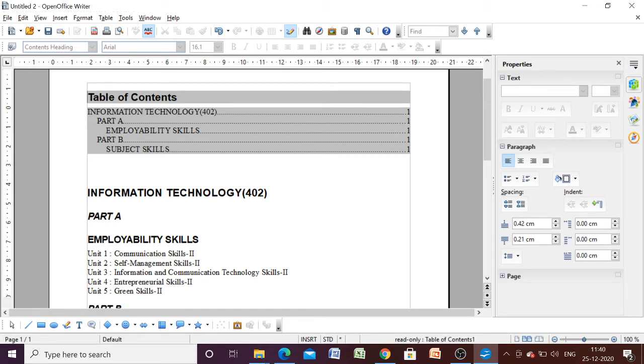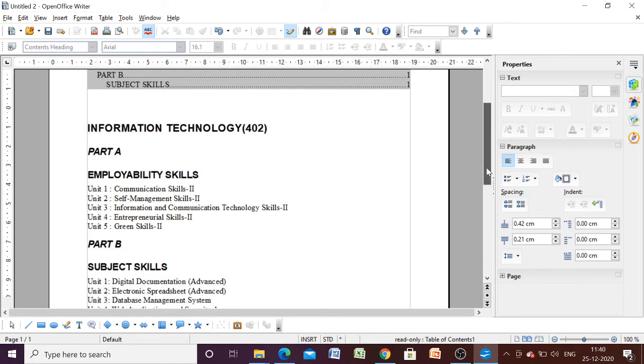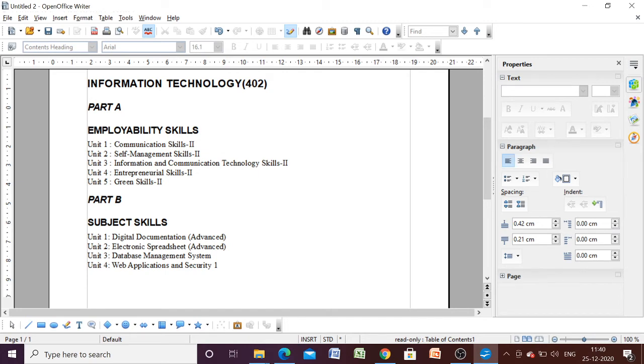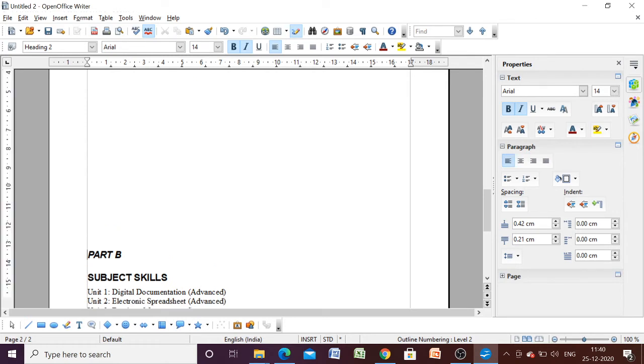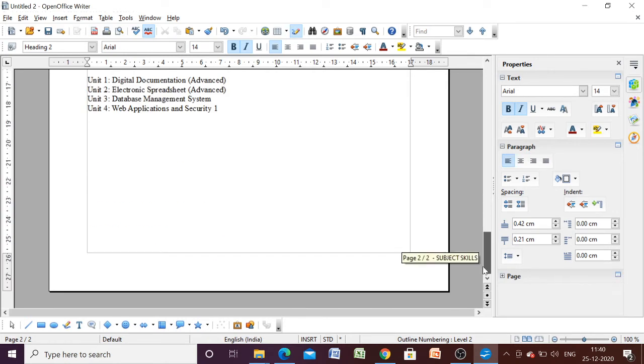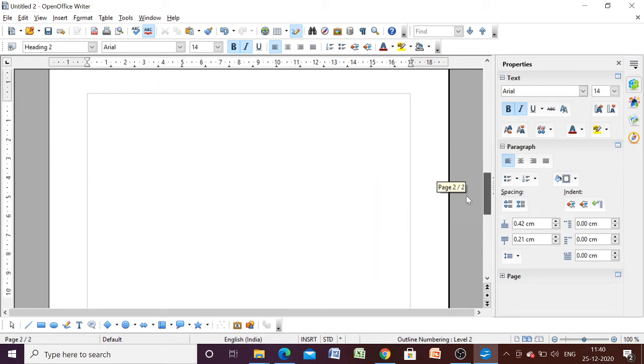And this is the title that we have already selected from there. You may change this one or you may keep this one. Now these are the tab positions, and for tab positions we have used the dot symbol, and it specifies the page number. For example, I am moving this part B to the next page. Okay, what will happen? Let us see. This has come to page number 2. You can see that this has come to page number 2.